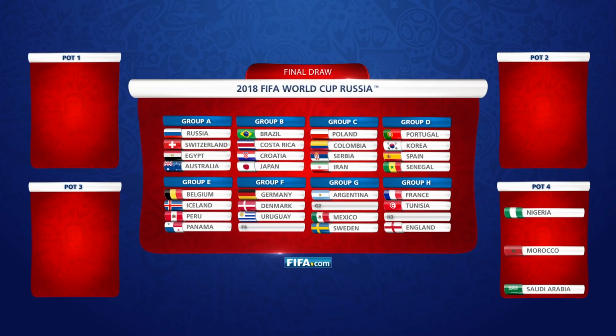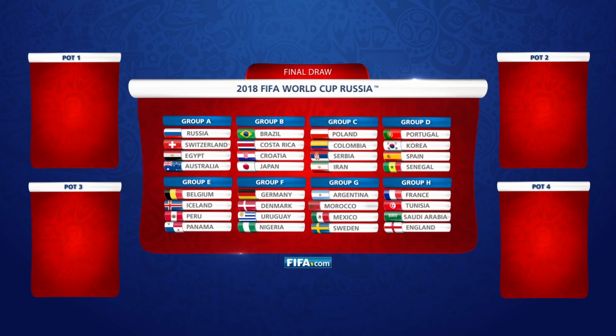However, that would leave 2 African teams in pot 4 and 2 groups still to be filled, one of which already contains an African team. So in this case, Saudi Arabia would go to Group H, leaving Nigeria and Morocco to be drawn to Groups F and G. That completes our mock draw for the 2018 FIFA World Cup,